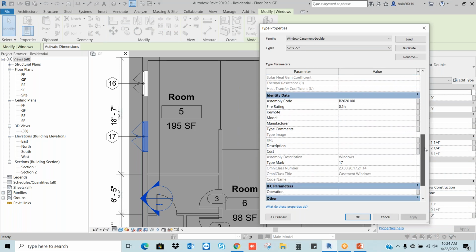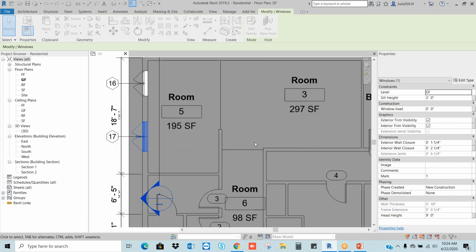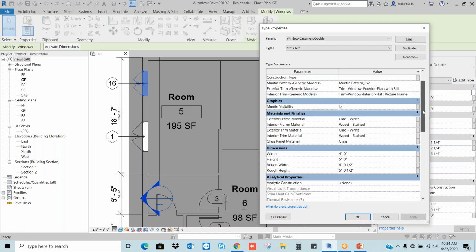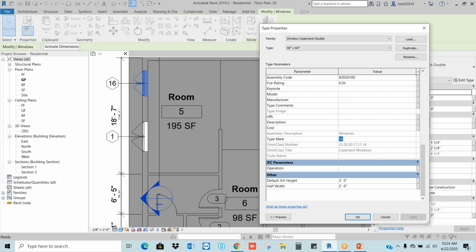See, in the Type Mark, I have 17. If I want to make it 1, I make it 1. If I want to make it 2, Edit Type, and here in Type Mark I will make it 2.